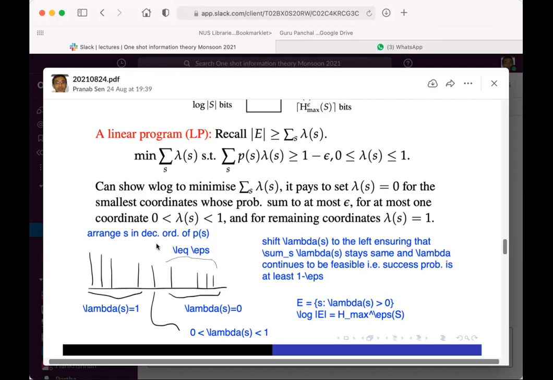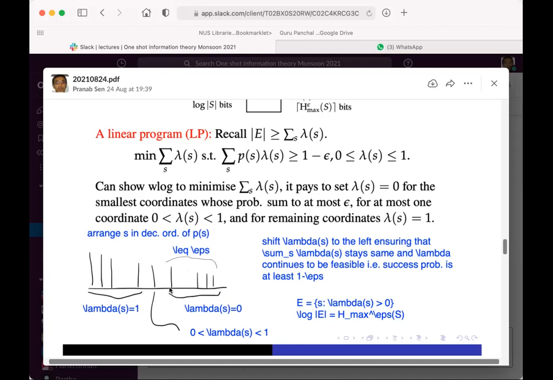Okay, any questions about this? Okay, so let's just finish for the record. This process stopped because all these lambda S's are 1. So this is maybe something between 0 and 1, and to the right, all these lambda S's have been zeroed out, and this is still a feasible solution. Now, because this is a feasible solution, what do I have? I can conclude the probabilities of the tail out here. So what is the tail? The tail is where lambda S is equal to 0.